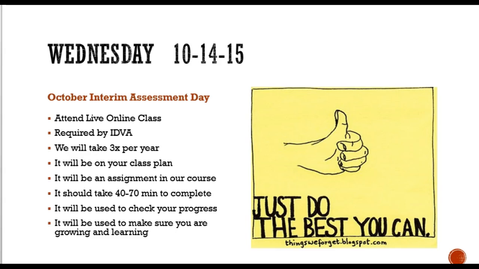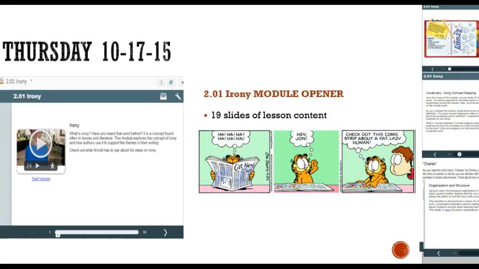All right, then on Thursday, something exciting is happening. We're starting a new unit. This new unit's a really cool one where we get to read lots of interesting stories like The Necklace or The Gift of the Magi. The first story we get to read is a Shirley Jackson story, and it's called Charles. It's a good one. And we get to read all sorts of other cool ones like After 20 Years, which is a play.